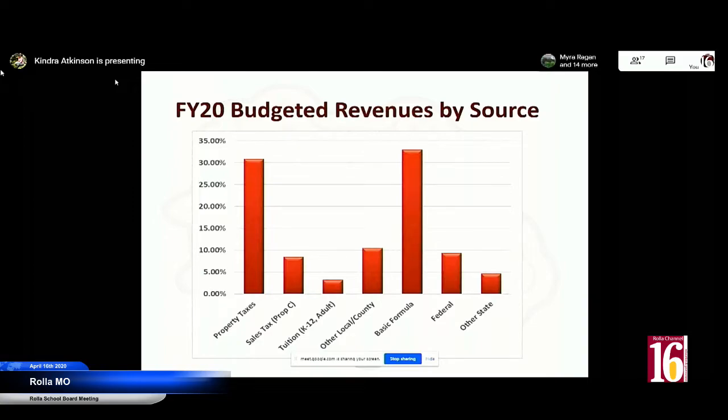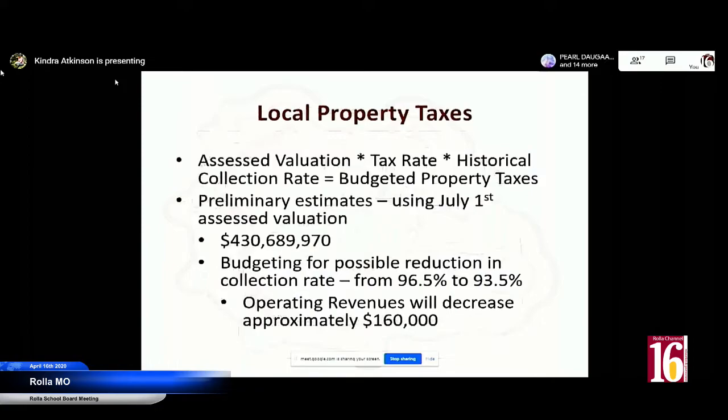Looking at our own district budgeted revenues by source, you can see here that the basic formula is our top revenue source, followed closely by property taxes. Let's go over the property taxes. As you recall, that's the assessed valuation times the tax rate times the historical collection rate to equal the budgeted property taxes. So using the July 1st, 2020 assessed valuation of $430,700,